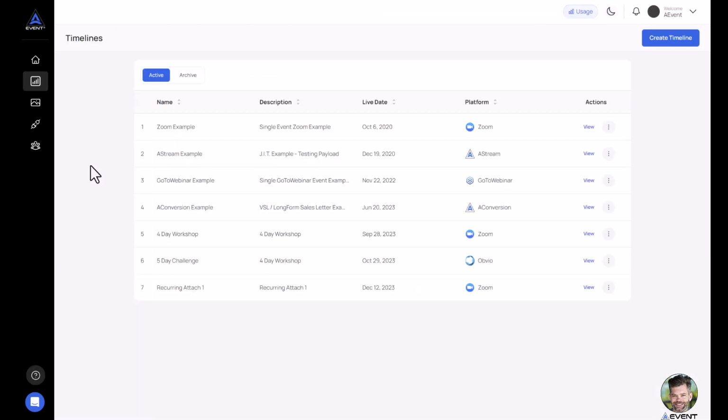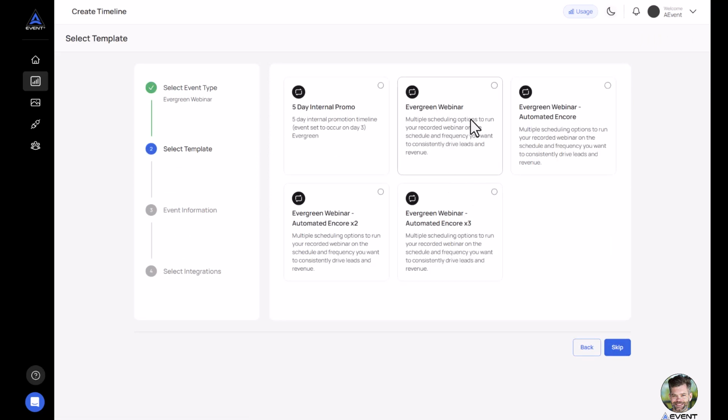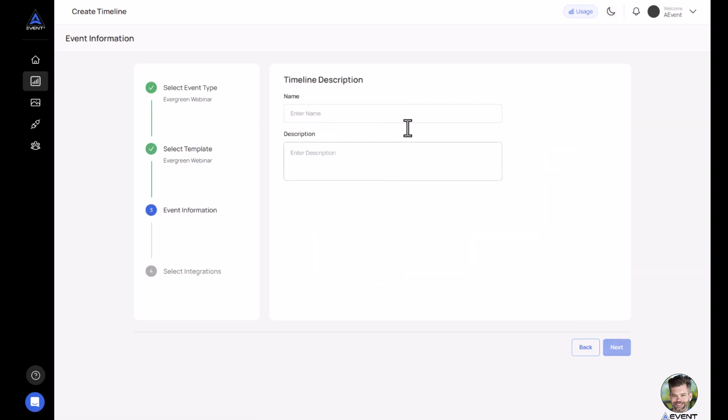Now back in AEvent, I've created one recurring attached timeline. I'm going to walk through and create another one. So I'm going to create timeline. I'm going to select evergreen webinar. I'm going to select just a single evergreen webinar. We don't need any encores in this example. And I'm going to say